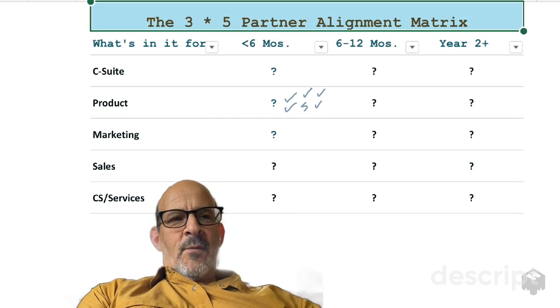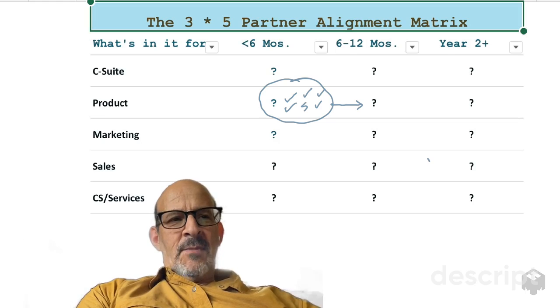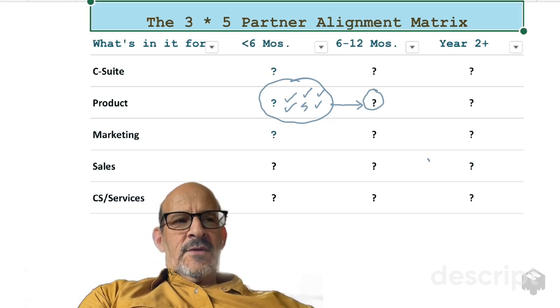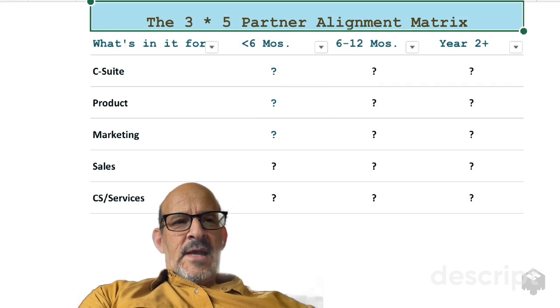Once we've done that for one time frame, our next goal is to relate to the changes and shifts in priorities that are going to help us manifest this next stage. So we do this exercise for each group and over each of these time frames, thereby creating an overall plan. And what this lets us do is guide the organization about exactly how the alignment is going to work,